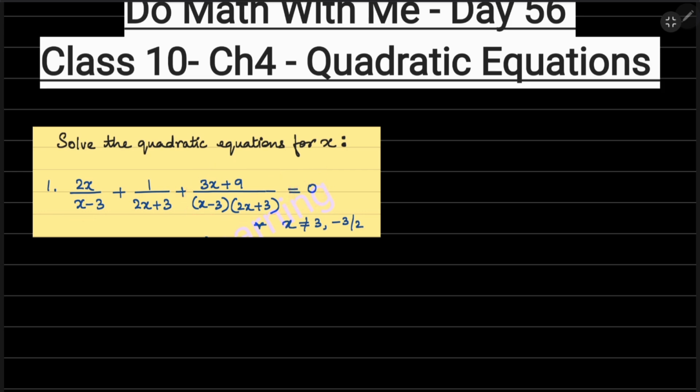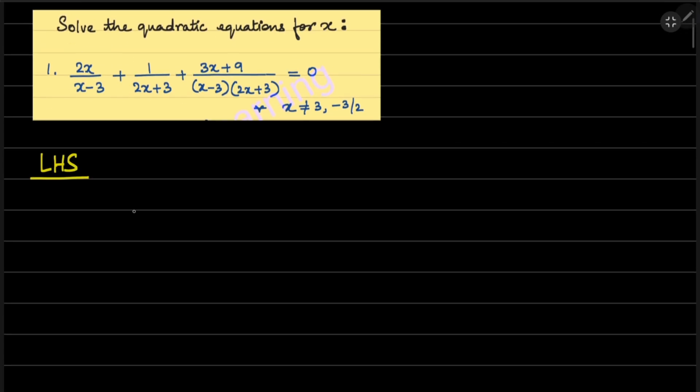What you have to observe here is all the three terms in the left hand side contain x. So we have to consider all the three terms and take the LCM. So let's take our LHS and take the LCM of all the three terms. See, you have got x minus 3 and 2x plus 3,